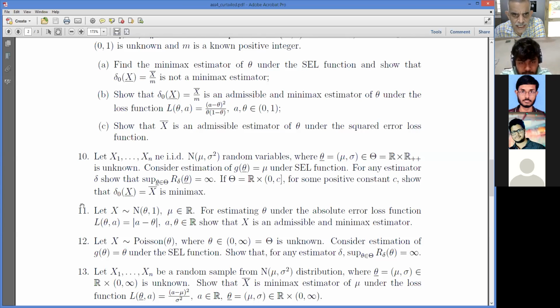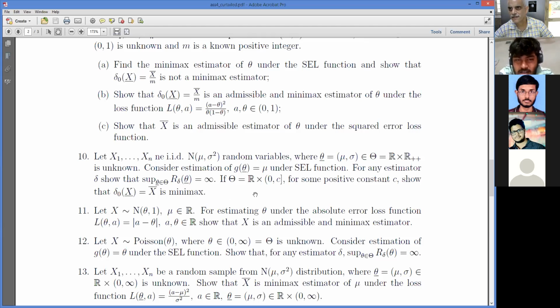Yes, sir. So this supremum of R(delta, theta) is infinity, which is okay, because you can consider any prior. You can consider the prior on mu to be mu naught and tau square. Find out the Bayes risk of a Bayes estimator. If the Bayes risk of a Bayes estimator goes to infinity by choosing some parameter in the prior distribution, then the supremum would be greater than or equal to the Bayes risk of a Bayes estimator, so that would also go to infinity. Is that okay? That is the whole idea.